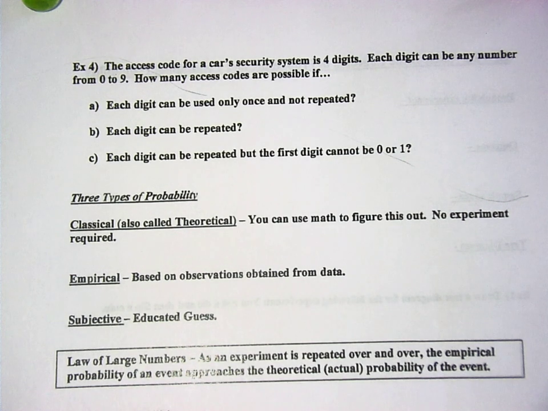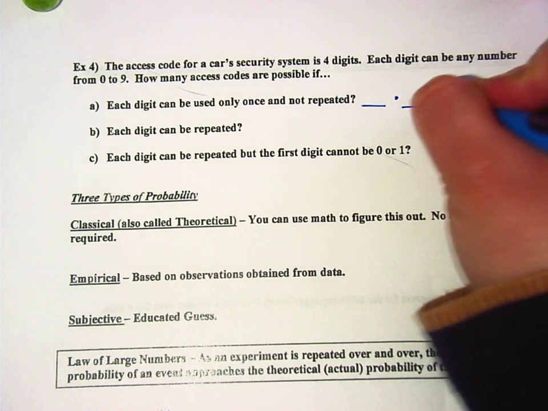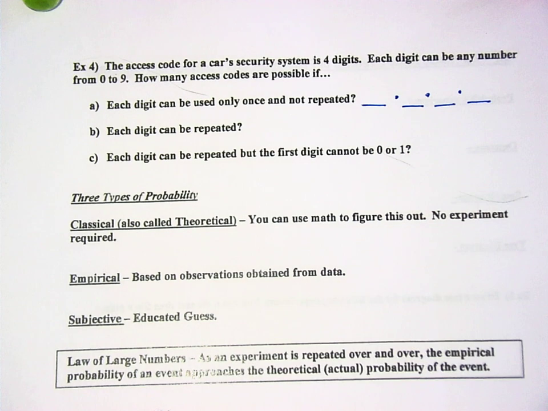Okay. Access code for a car's security system is 4 digits. Each digit can be any number from 0 to 9. What if every digit can be used only once and not repeated? Okay, how should I write this one? How many choices are there for the first